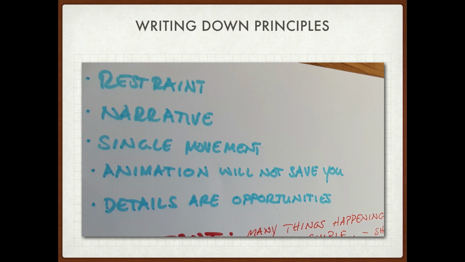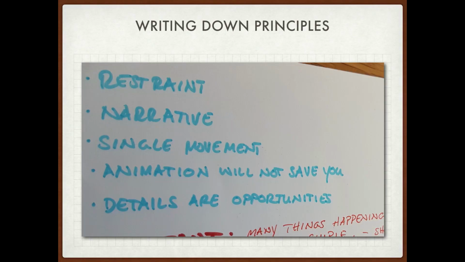on the internet by Issara Valens-Kommer again. And he says it's about micro animation, not the whole thing. It's micro, just only a component animating. They have to be restrained and narrative. They have to tell a story. There has to be a reason why there is animation. And if you do so, just do a single movement. Don't do everything all together. Make pauses sometimes. And animation won't save you if you got a design